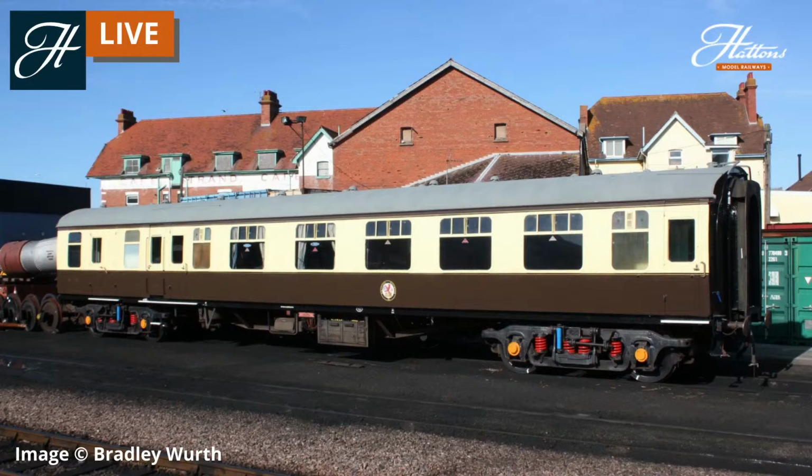And this was the point where mass withdrawals took place. However, many of them headed into preservation, and you can still see them on many different preserved railways today. The last vehicles were withdrawn from mainline service in the early 2000s, one of the restaurant cars being used by Anglia Railways on its express services up until, I believe, 2001 was the last date for a Mark I in